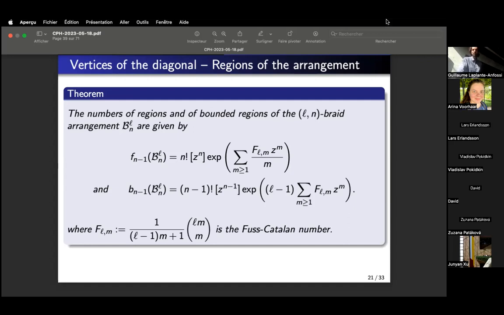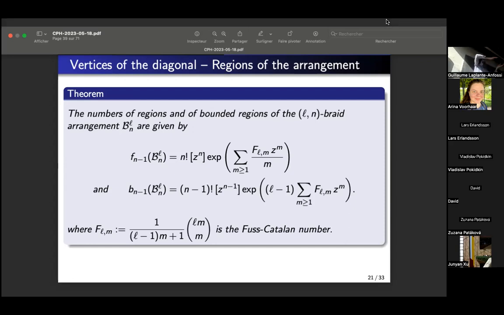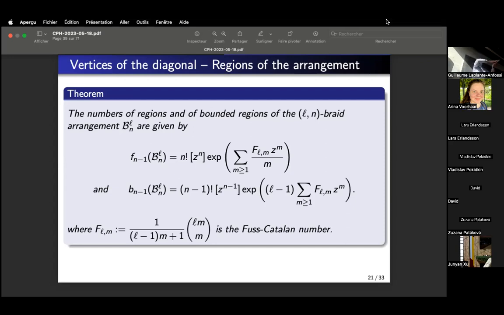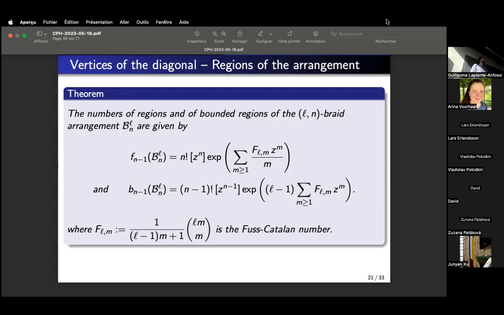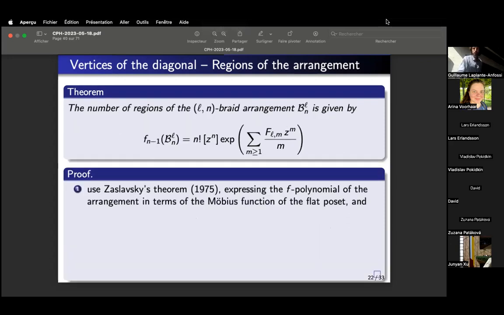And also, yeah, you could already ask, because we counted the facets and then the vertices, is there some kind of interpolation? We had beautiful formulas for both of them, but it doesn't seem likely that we have anything that interpolates between these two. What we were able to obtain was counting these two extremes, and then in between we get other things. So maybe just to give an idea of the proof,